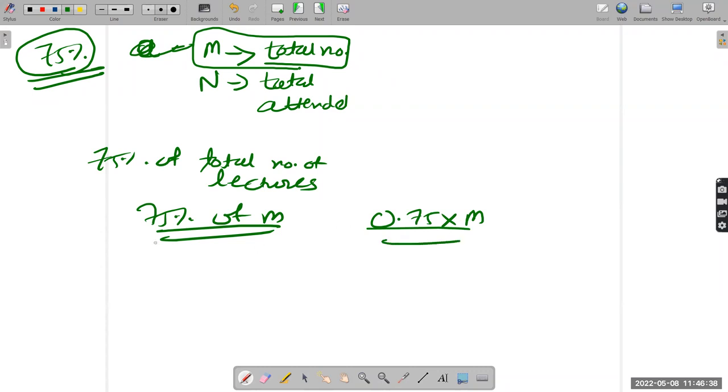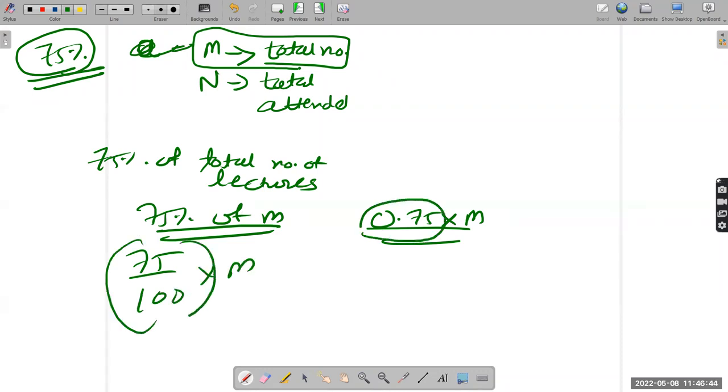You'll do this only because 75% of m is what? 75 divided by 100 into m. This 75 divided by 100 is what? 0.75 into m. Okay. Now we will check whether your particular total number of attended lectures are